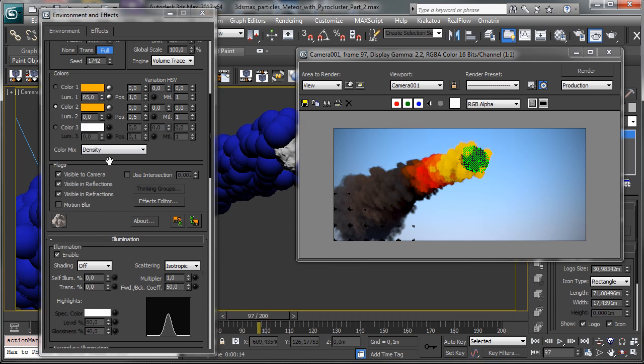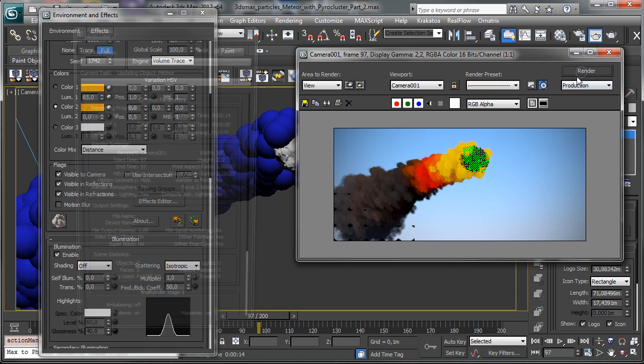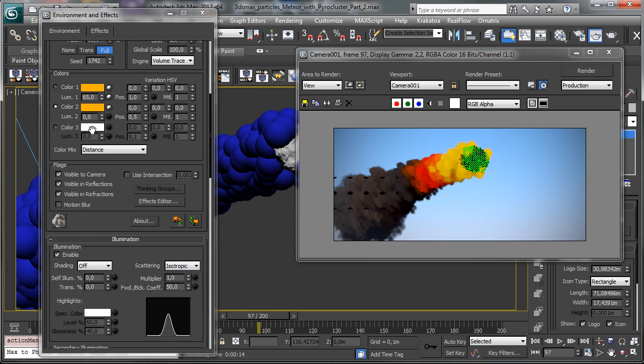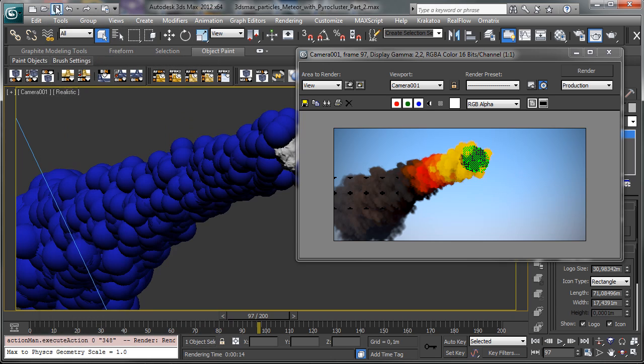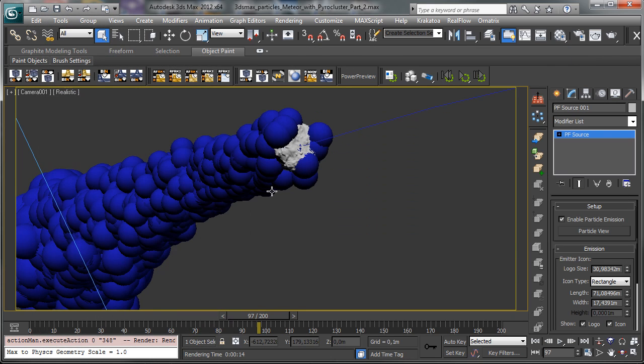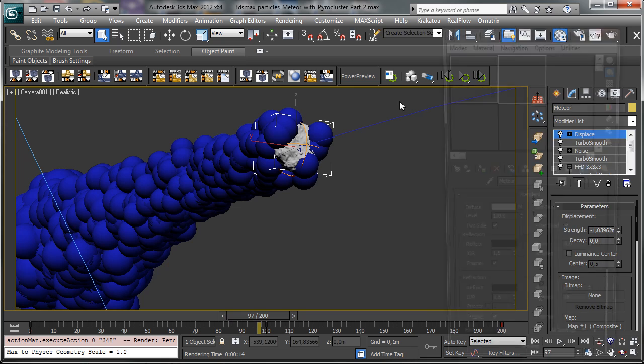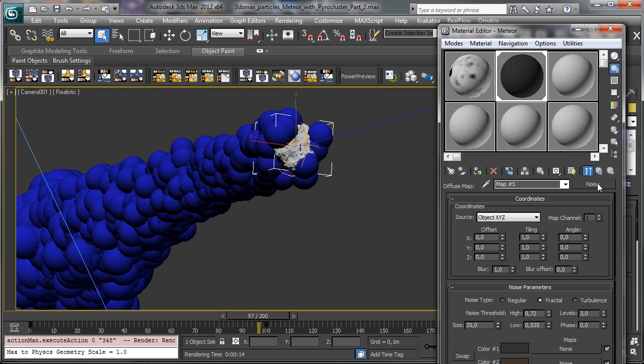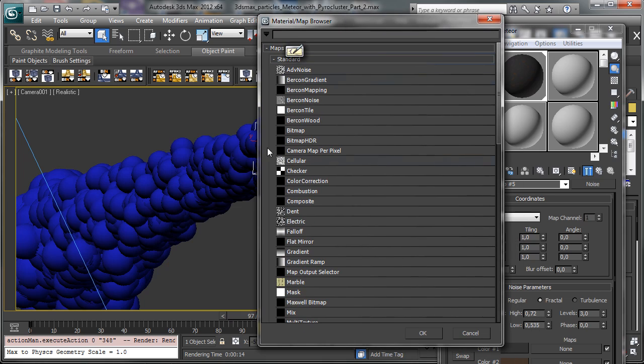Let's see if we try to use the distance instead of the density. We see not so much difference. So let's go back to the density, and I'd like to have particles moving in a different way. So let's say that we have a different shader. That's the Meteor, and let's see, we have this one, and I'd like to have over it, let's say, a